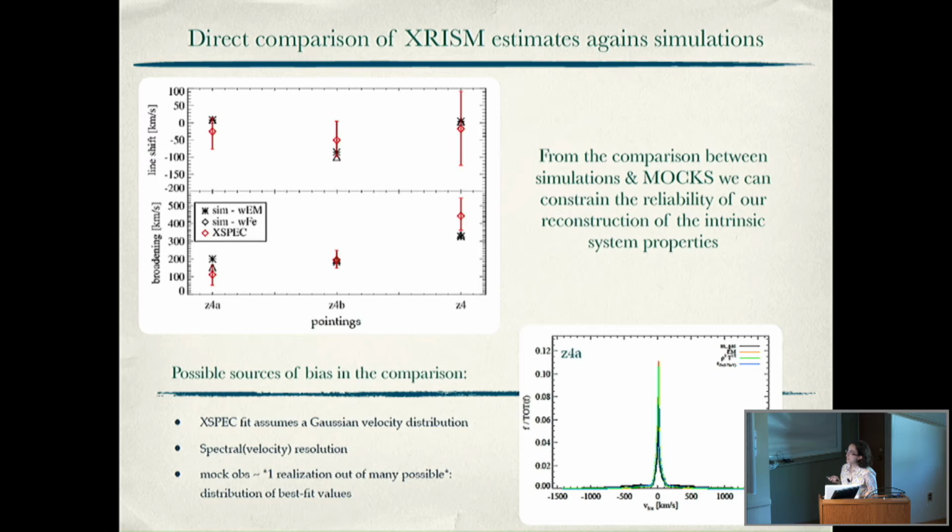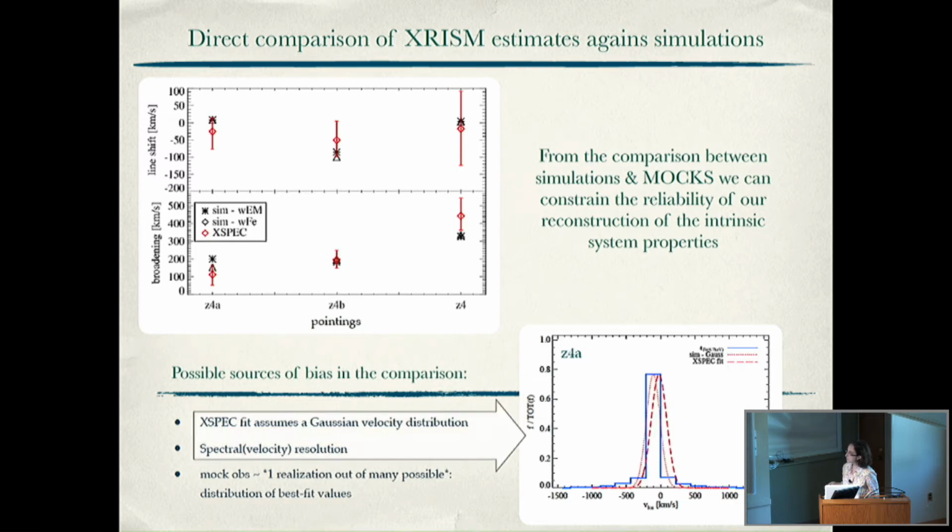Differences are also very interesting, however, because it doesn't necessarily mean that the fit is not good. It rather means that the fit you're performing is not catching the complexity of the distribution of the velocity in this case. Again, because you're fitting with a single Gaussian and you are actually using some velocity resolution from the spectrum, which is high but not as high as the one I'm showing here. So one thing you could do is to degrade the resolution of the velocity distribution and just fit with a single Gaussian. And in this case, you might get something more similar to what you expect from the fit.